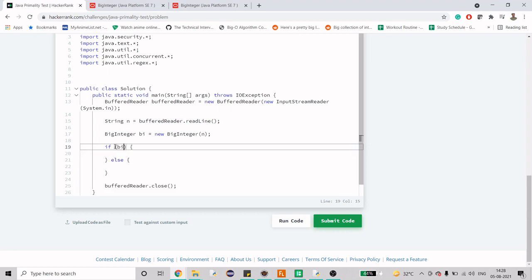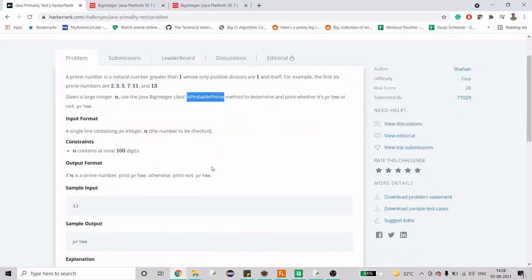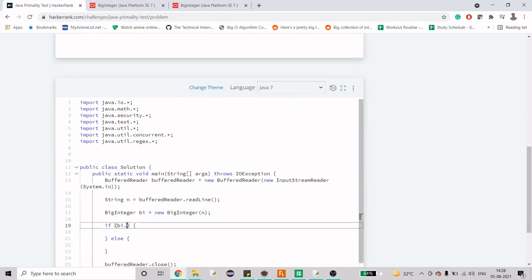So if bi dot, now which method do we have to use? It's isProbablePrime. We will use this method with certainty 1. In case it is prime, then we have to print prime.